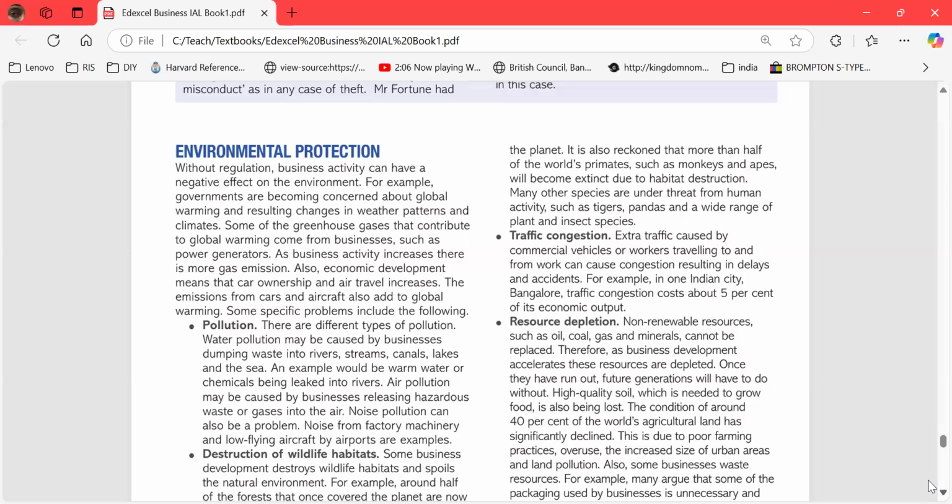Then we have traffic congestion. Lots of traffic is on the road. That means we are involved with lots of economic activity. That's a good thing, right? But it's also slowing down our activity. If we are stuck in traffic, even if you think that you are stuck in traffic for 5 minutes, in total the whole economic activity of the country will be reduced by 5 minutes.